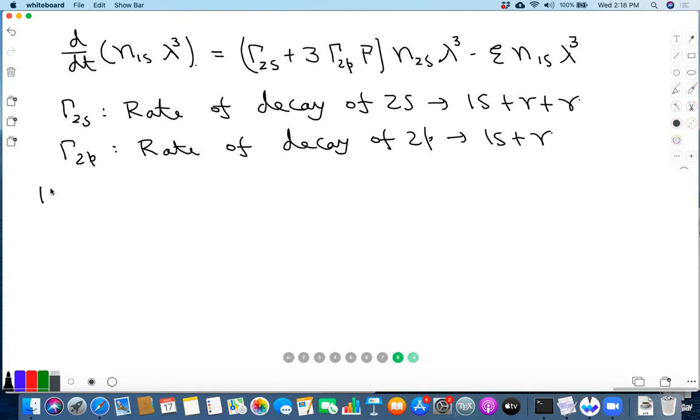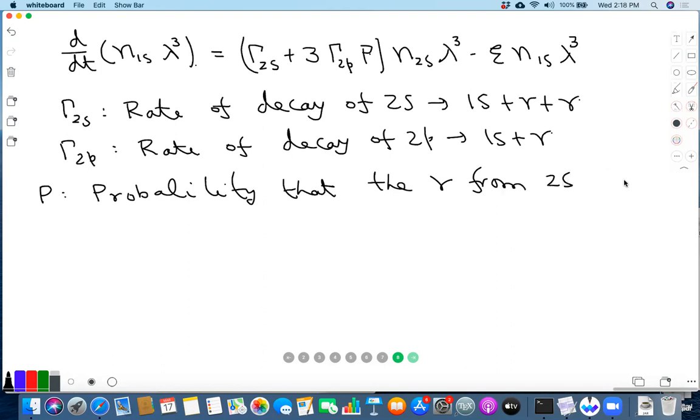So p is the probability that the gamma from the 2p to 1s decay, okay, these are also known as Lyman alpha photons,